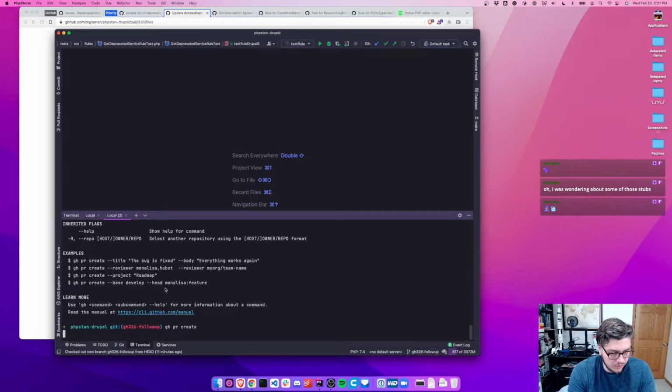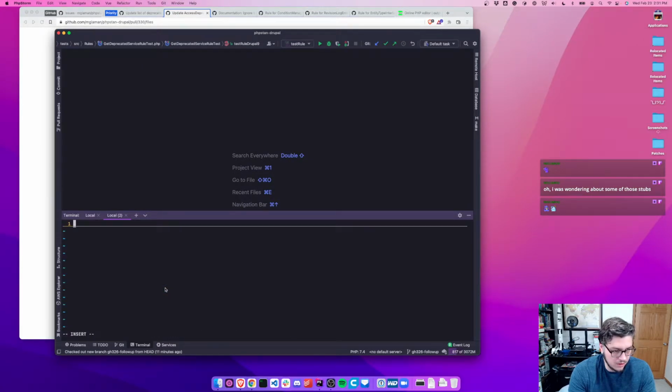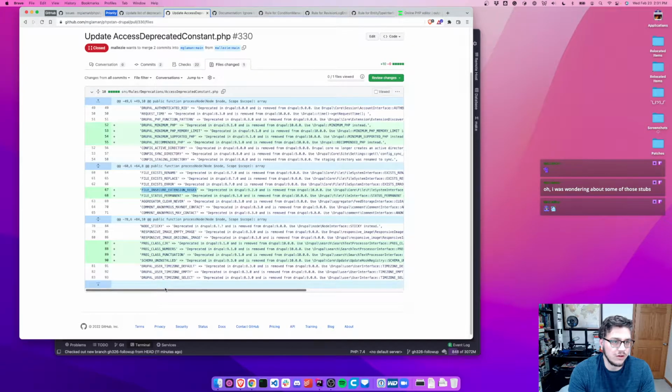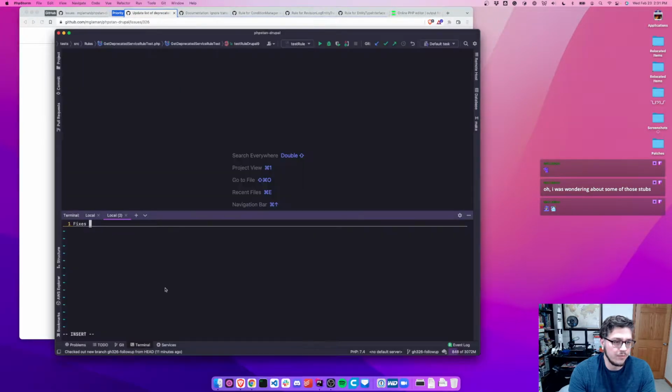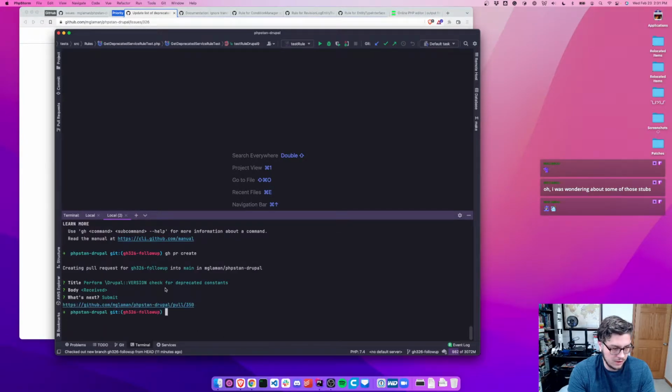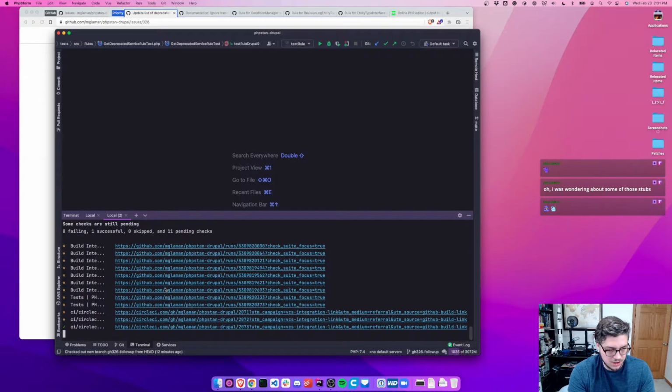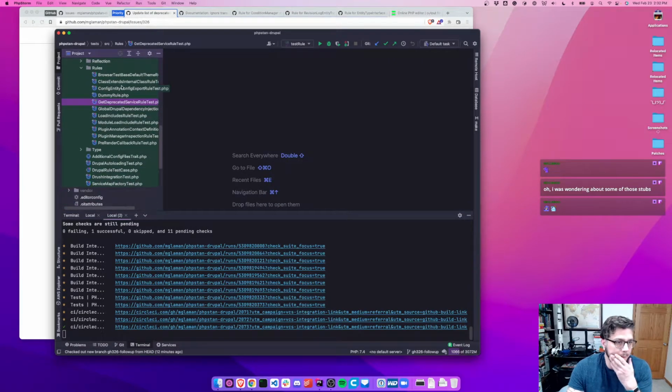I'll just do GitHub PR create, title, fixes number 326, accounts for current Drupal version, submit, your watch, or checks. I want to try this out. Checks 350, watch. That's cool. But what we need to do is I feel like we need to do I have tests for